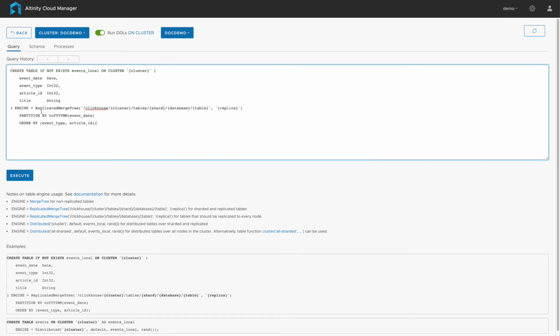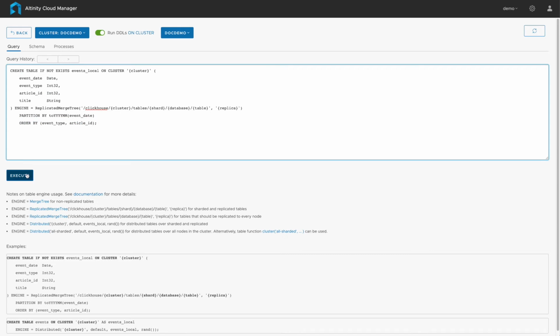First, we're going to create our table events_local. This query includes a lot of macro information. Instead of having to specify what database to use, what cluster, and so on, Altinity.cloud is going to fill that in for us. This saves a lot of time and preserves accuracy since you don't have to spell everything out. You can use queries just like these with macros and then use them across different clusters.